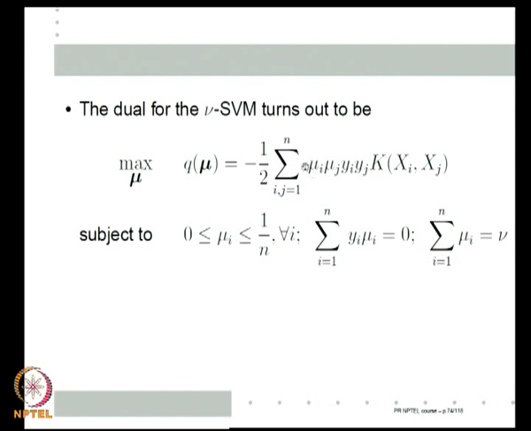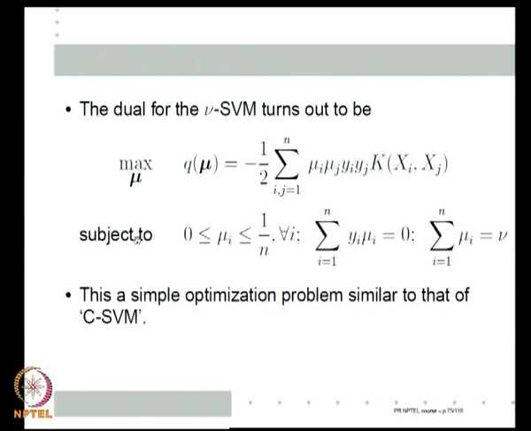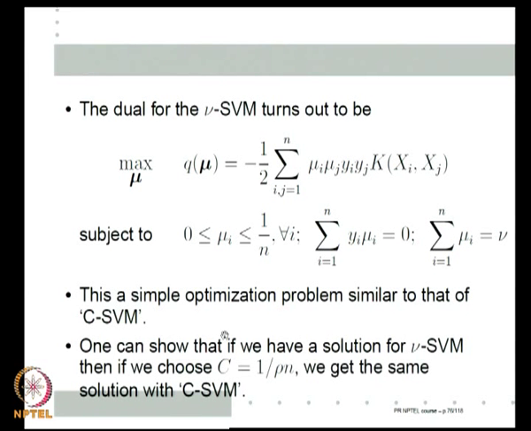So, it is exactly the same as the old SVM. This extra row that I have put in really makes no difference. The objective function is still quadratic, and I still have similar kinds of linear equality constraints and bound constraints on the variables. So, it is a simple optimization problem similar to that of the old SVM. So, it is very easy to solve. Once again, the dimensionality is only n and so on and so forth.